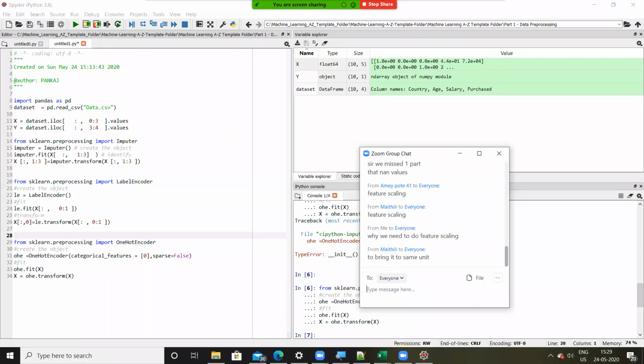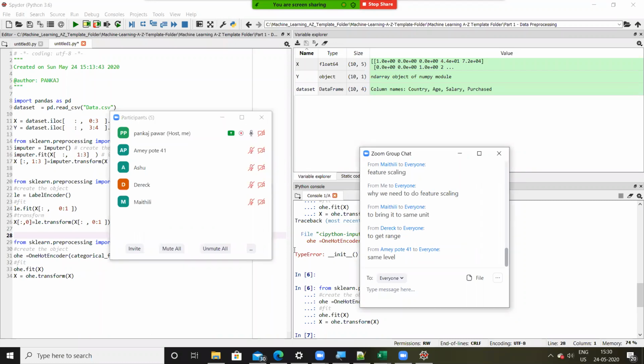I got only one answer from Maithili. What about others? Derek is saying to get a range. Okay, what about others? Am I saying same level? What about Ashu? I think we have Ashu as well on the call, right? Ashu, why we need to do feature scaling?